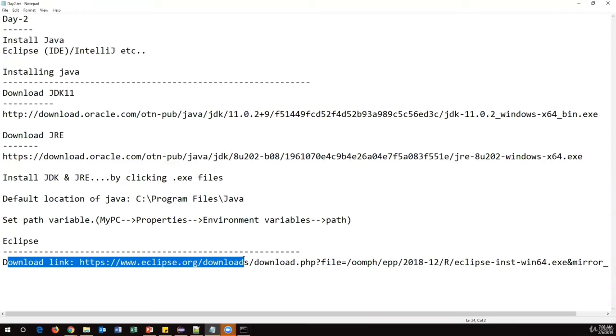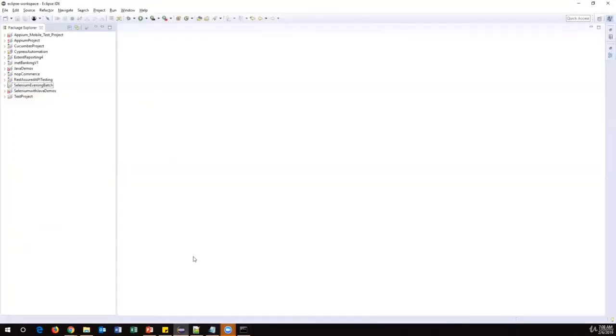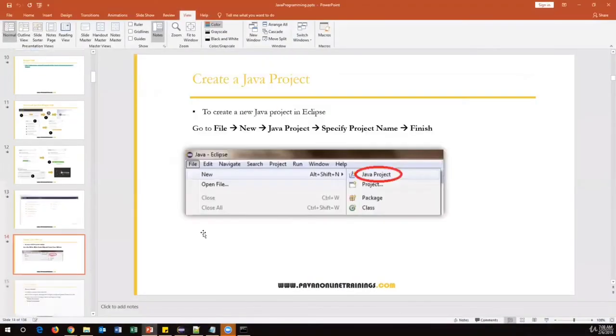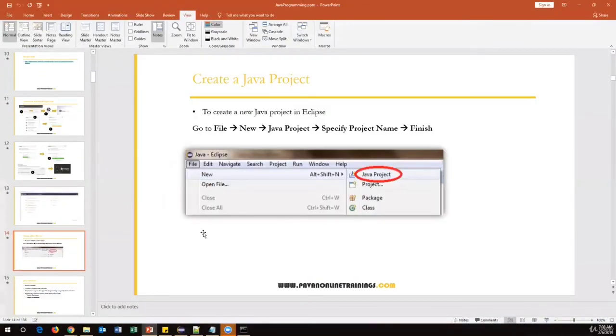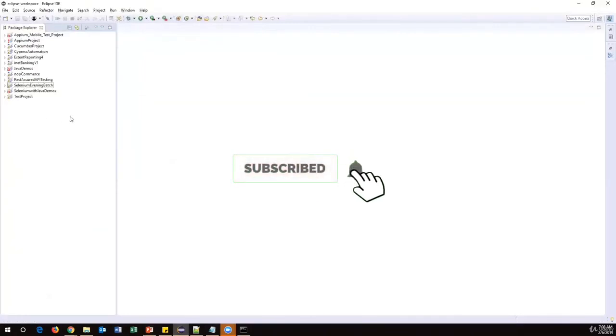Now I'll show you how to create a project. The first and most important thing is to create the project, and within the Java project, we can start writing Java programs. By default, in the Package Explorer you don't see anything. These are the different projects I have created; in your case, you won't see any projects here. So we have to create a new project. A project is a kind of folder in which we can write all our Java programs. Now I'll show you how to create a Java project in Eclipse.